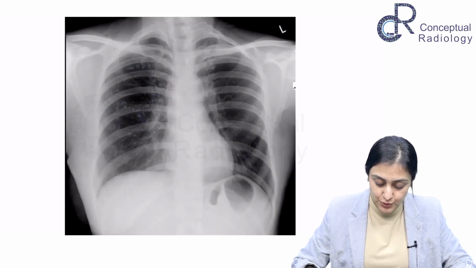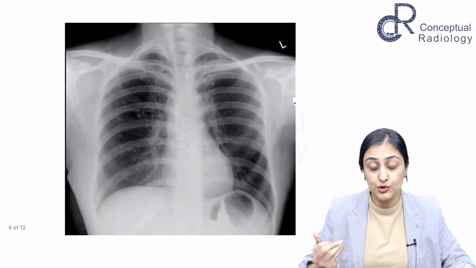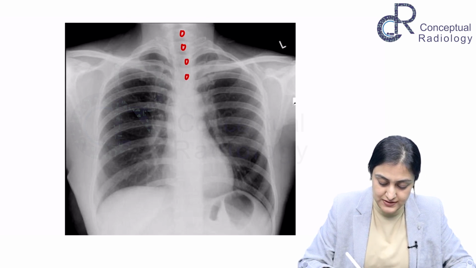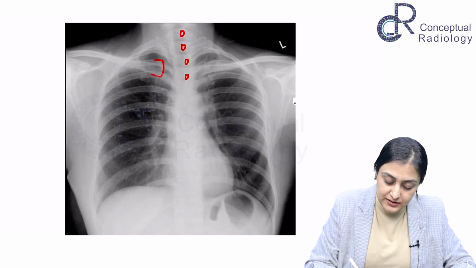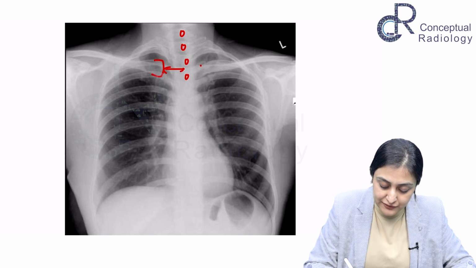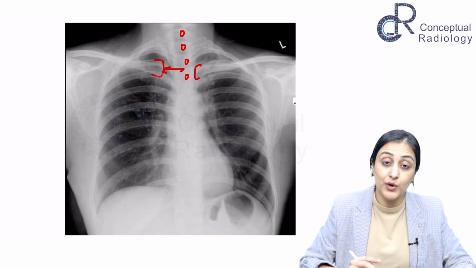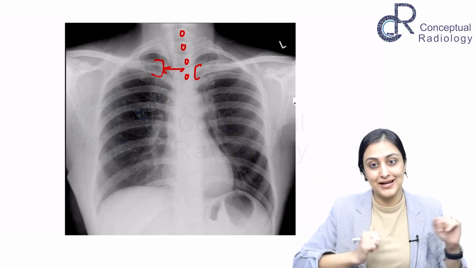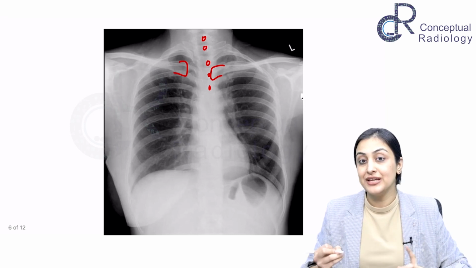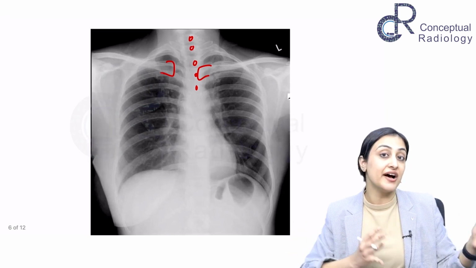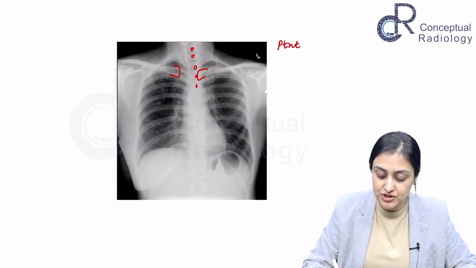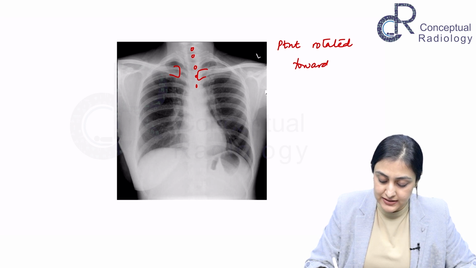So first of all, how do I know whether the X-ray is rotated or not? We have discussed this already. We look at the spinous processes. If you see that the distance between the medial end of the clavicles is increased here, what do I say? I have taught you whichever clavicle is away, that is the side of rotation. So we have learned that whatever side is away, that is the side of rotation. So here I am going to say that the patient is rotated towards the right side, and that is why